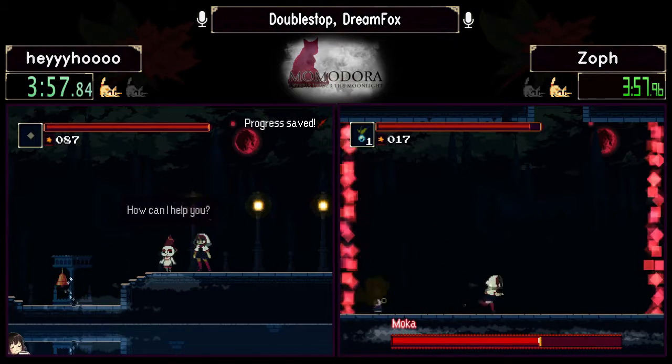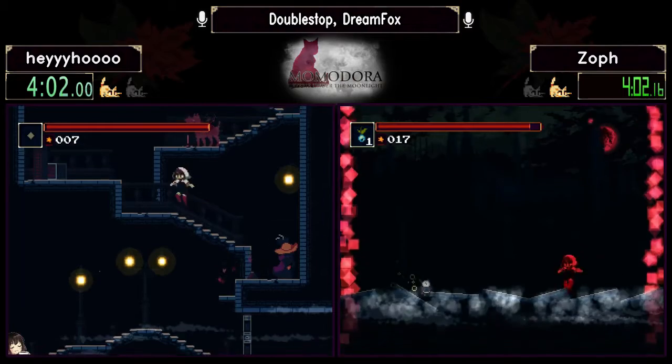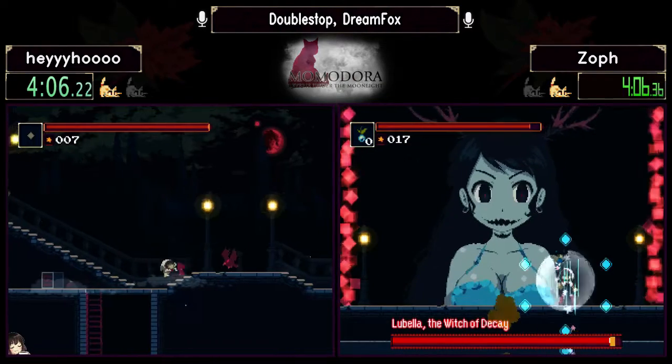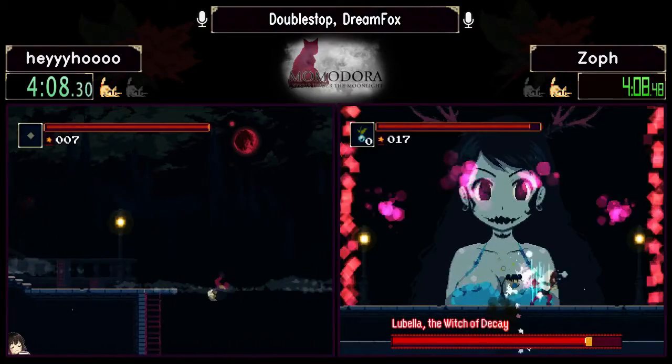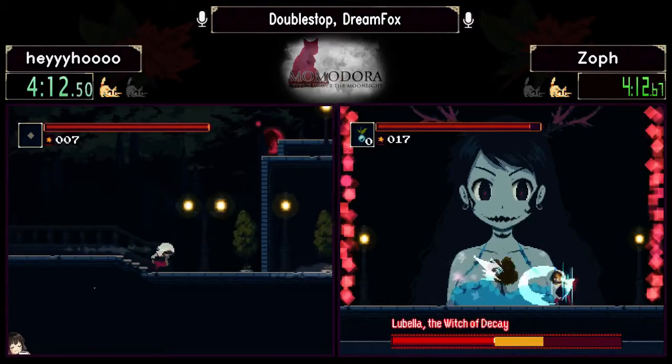So you can see the lead here. Zoph is pretty much starting Mocha as heyyyhoooo's finishing off Edea. So it's quite a gap there now. See what Lubella does for Zoph. Yeah, Mocha can